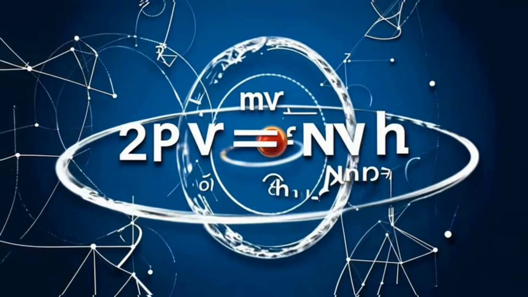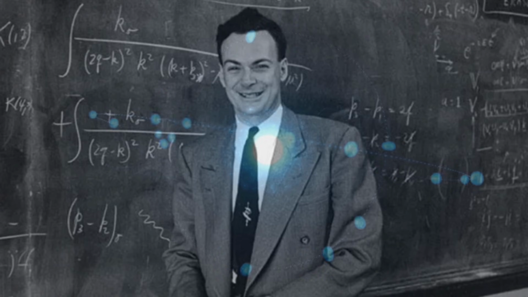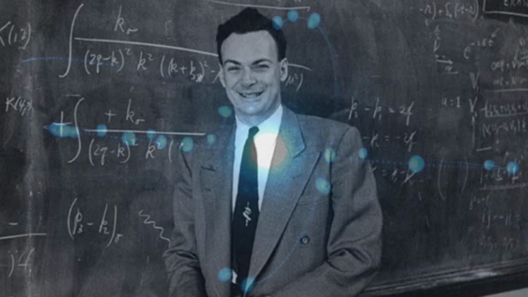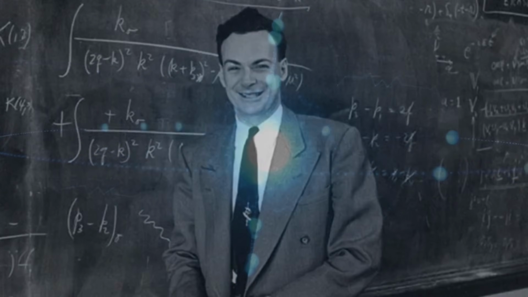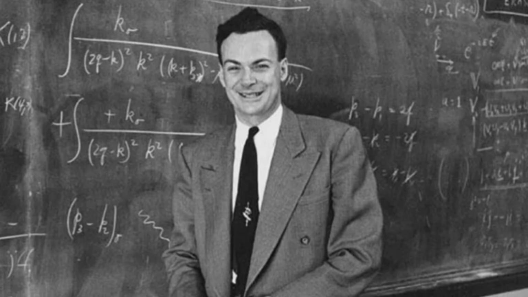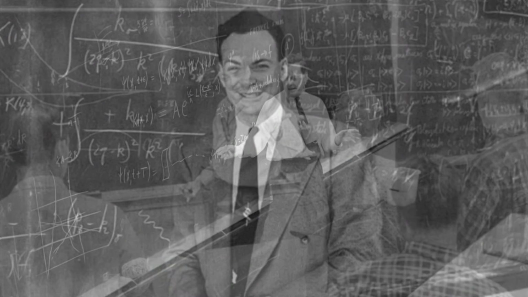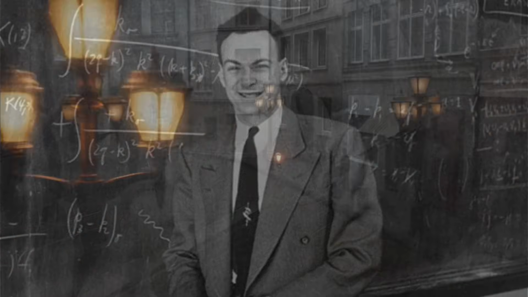Now think, if an electron is a wave, then to stay bound to a nucleus in an atom, it must exist as a standing wave. This requires that a whole number of wavelengths fit around the circumference of the orbit. 2 pi r equals n times lambda. Substituting de Broglie's expression, 2 pi r equals n times h over mv. Rearranging, mvr equals n times h over 2 pi equals n h bar. That's it. Bohr's quantization condition.